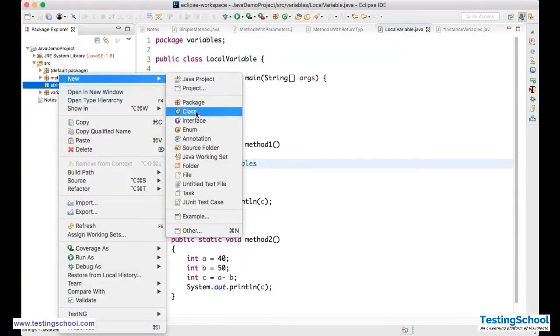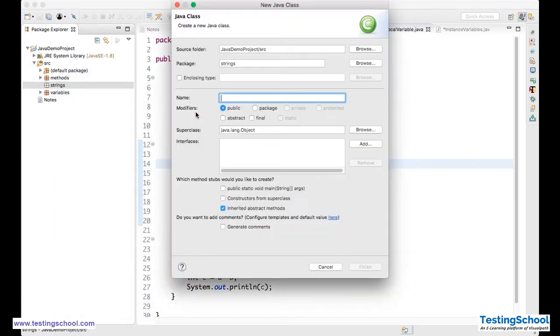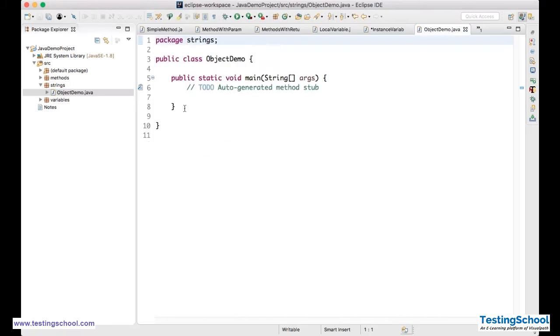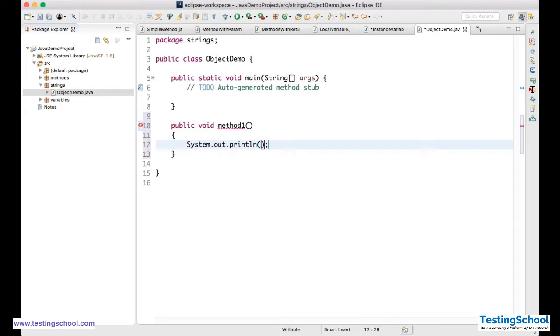Inside that, I'll create a class first, ObjectDemo, with public static void main. I'll create a method, public void method1. Then System.out.println, I am in method 1.